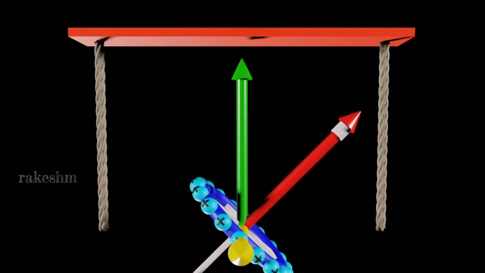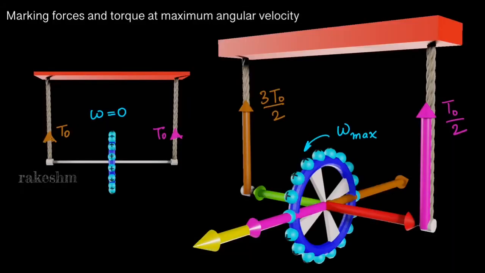Now in reality, what will happen is that this rod will not be moving like this, as the strings are firmly fixed to the rod. I am just showing you this to analyze why the tension in the string will increase. Let us now move on to find the value of the maximum angular velocity at which the string breaks.